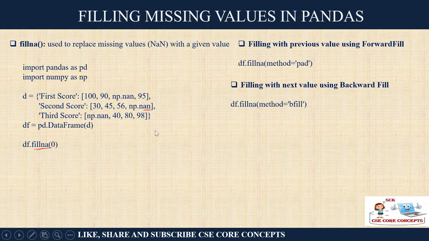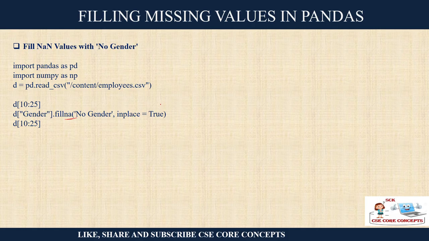I will show you how you can fill up these NA values. You can fill them with your choice, like filling with a 0. If it is a score, let's see, the first score is this, the second score is this, and somewhere it is np.nan. So you can put 0 in case of NaN, or sometimes you do not want to simply put a 0, but you can use a forward fill or a backward fill. So you can fill using bfill or ffill. This is how you can fill up the values, or you can fillna with some other values and inplace=True.